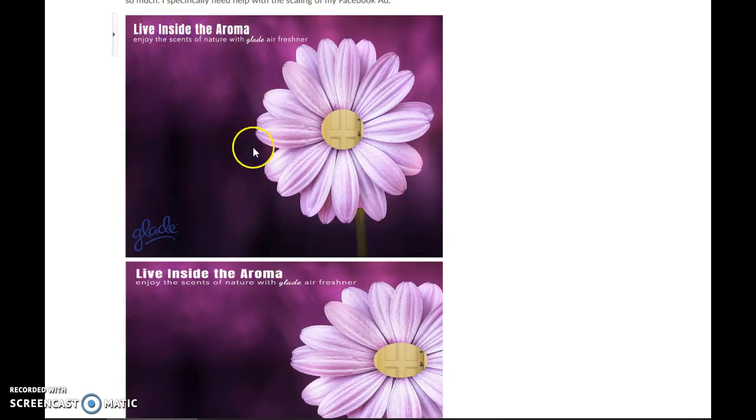I love the amount of white space still, so we don't want to infringe, especially on this amount of white space, considering you're going to have to add in a call to action, which I would probably put down here. But I feel like this is a little bit too receding. It's a little bit tucked up into the corner too much. So, "Live inside the aroma." Let's picture that